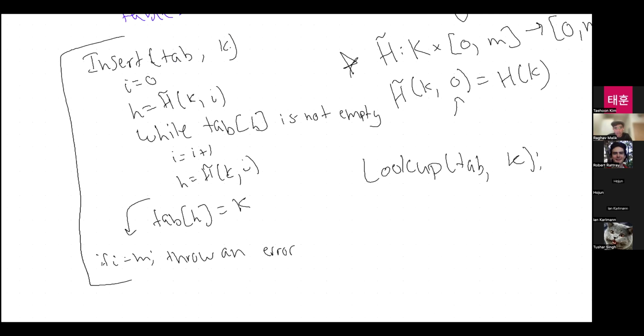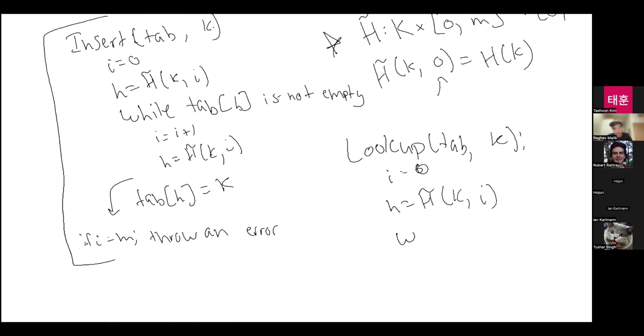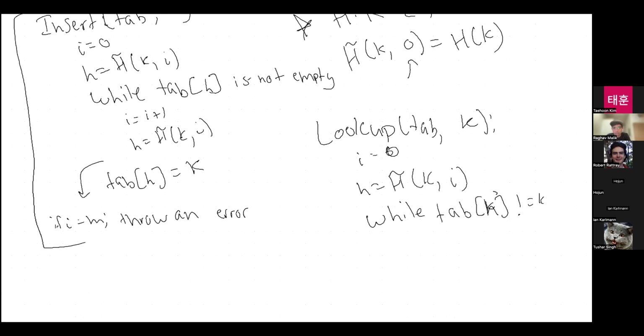In that I start I equals 0, I hash the key with I, and then while the table at hash does not equal the key, if table at hash is empty, return not found.